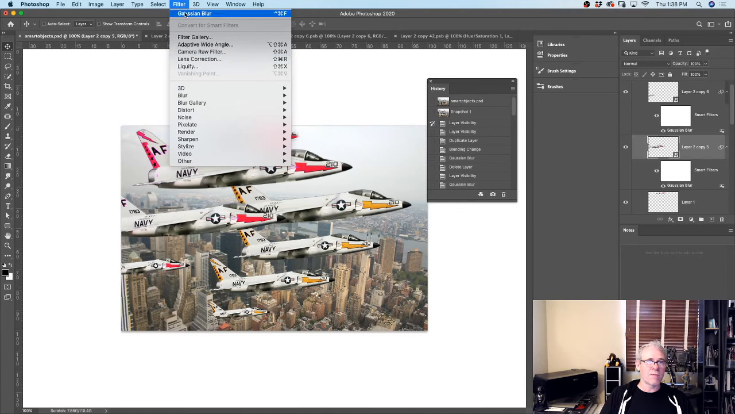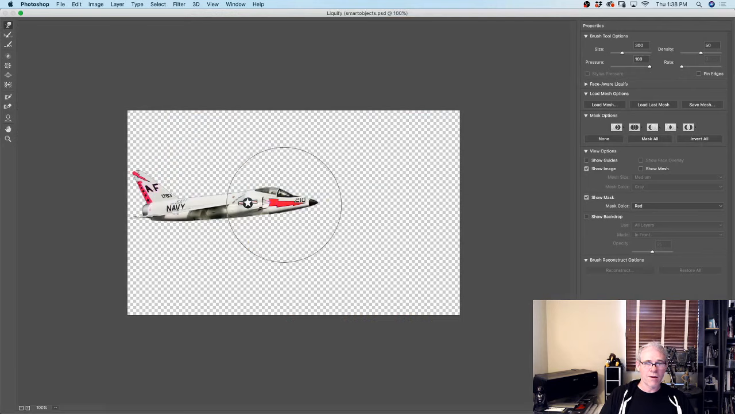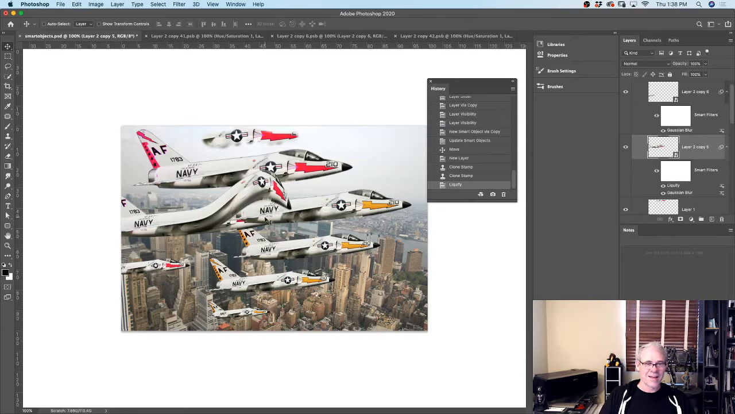So you want to really keep current. So under filter, liquify, we can liquify smart objects. So, oh, it's a Concord. So yeah, a lot of filters. So that's the thing. A lot of things that didn't work with a smart object now do work with smart